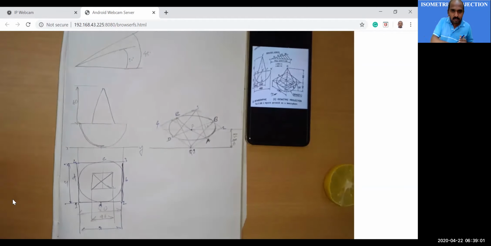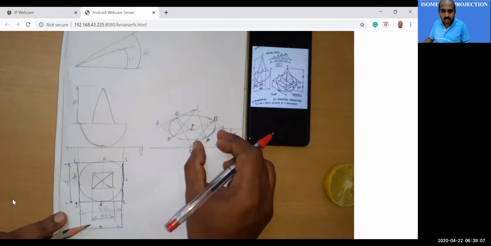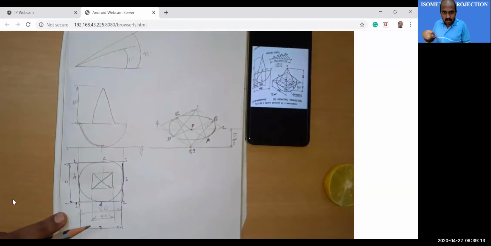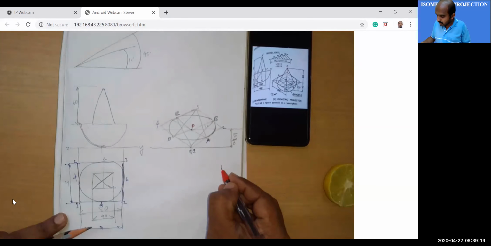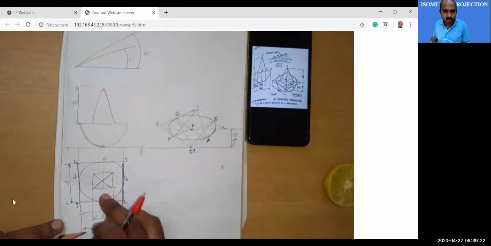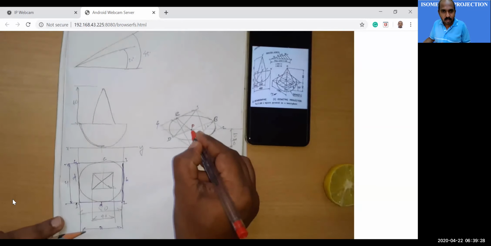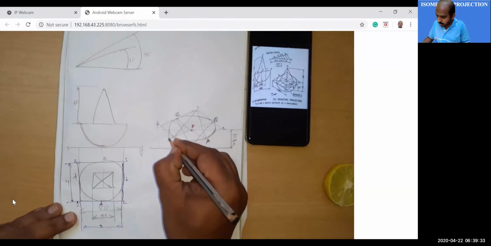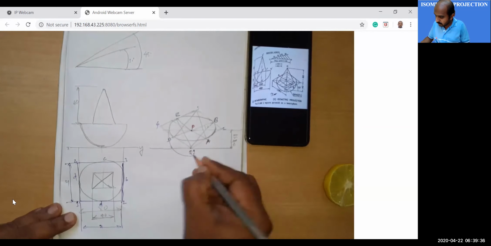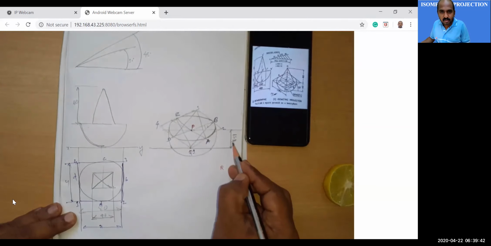So once you have completed, this is your P. And over here, all these are isometric lengths. Please remember, all these are isometric. Now we are going to the circumference of the hemisphere. You take the original length. R, the radius of this hemisphere, is equal to 40. So you take P as center and R as the original radius, and you complete. Normally you draw a circle for the hemisphere like this. This is actually the isometric length of 40.